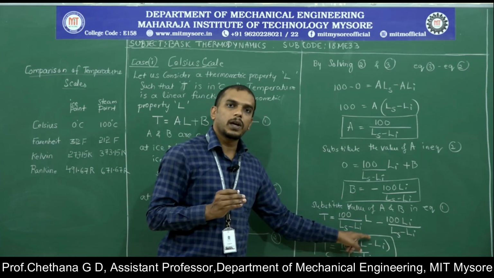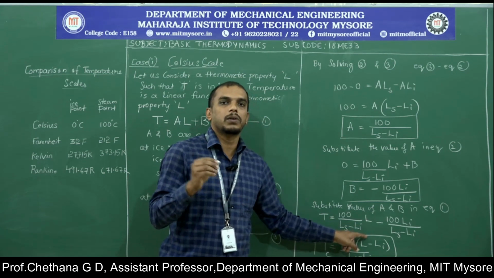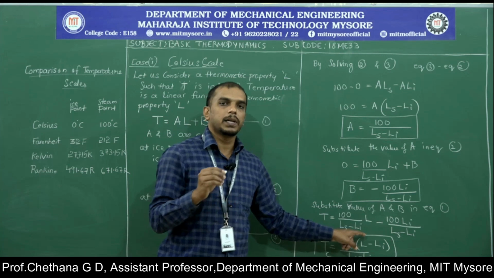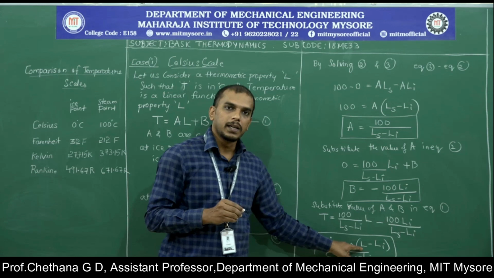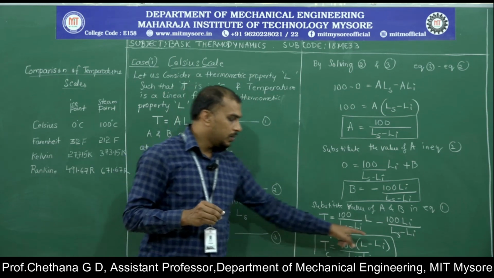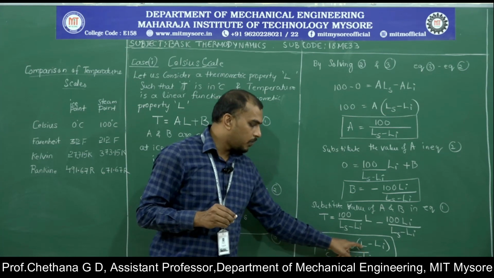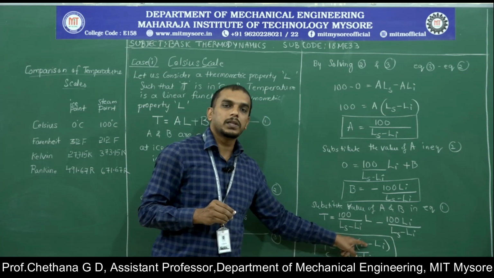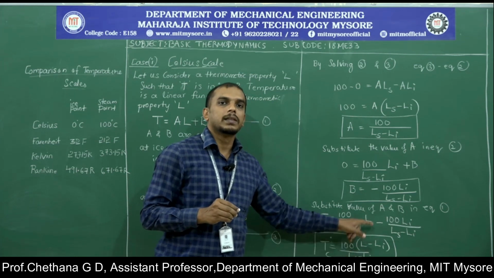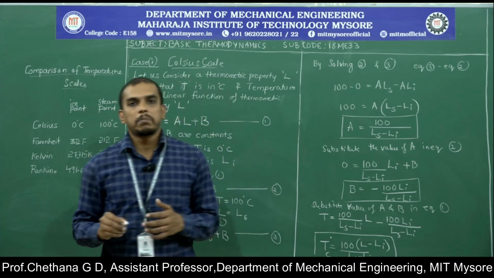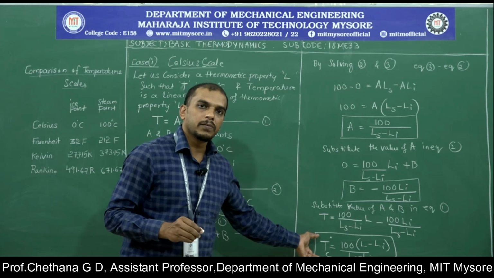This is the one which you get when you have an unknown temperature. Let us say you keep the thermometer in an unknown temperature and get that reading, which we call L. So now what is the temperature? You know these two values already, and you get this value when you keep the thermometer in an unknown temperature. Then what you get is the temperature in Celsius. So that is the physical meaning of this expression.